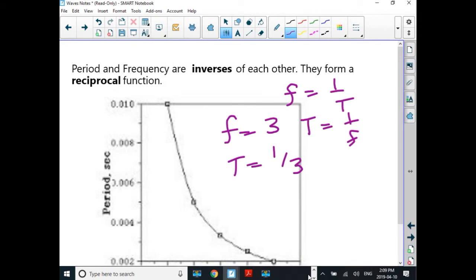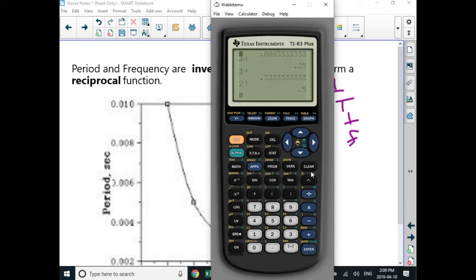And if you weren't aware of the shortcut on your calculator to find that, I want to show you that right now. If this was a basic calculator, let's say that I told you that your frequency was 3 hertz. Well, if you then did this button right here, the -1 button, which is found right above the squared button. Let's do one or the other. This basically now tells you 1/3. If I give you 4 to the minus 1, this is now 1 over 4, it's 0.25. If I did 2 to the minus 1, this would be 1 over 2, which should now be a half. And if I just could do one more here, if you did 1 to the minus 1,